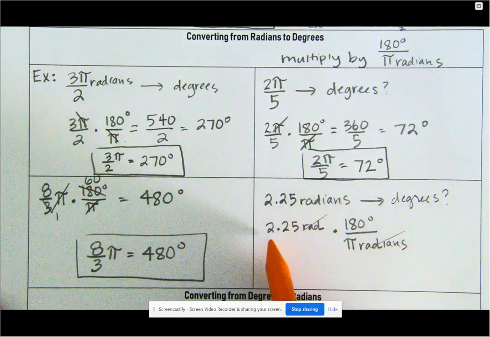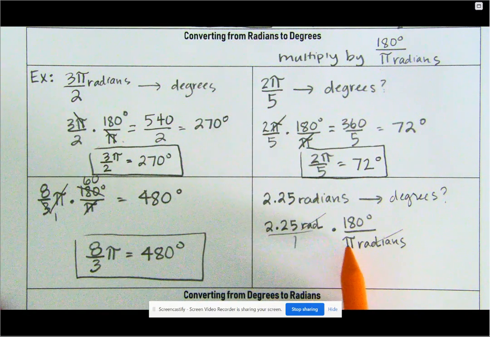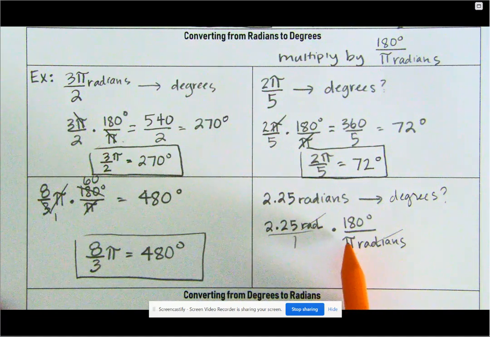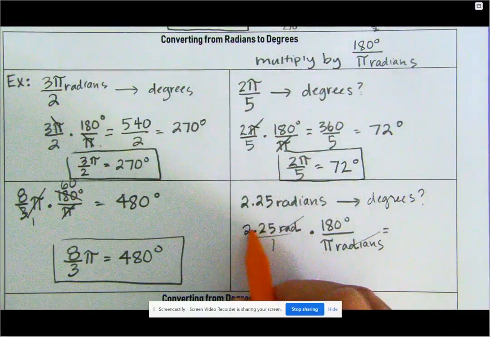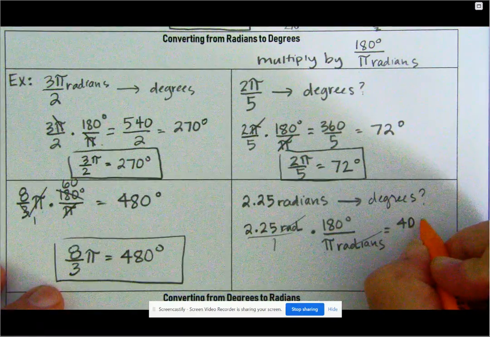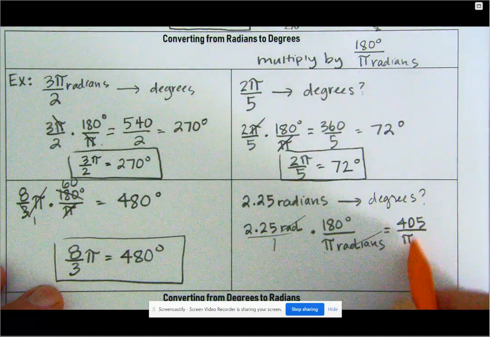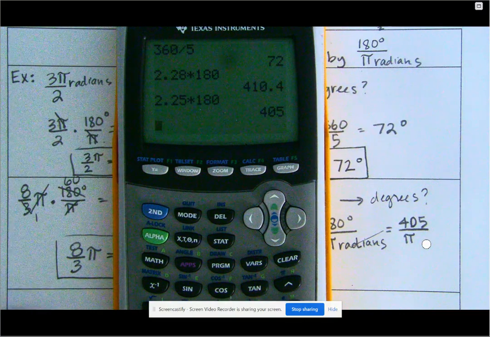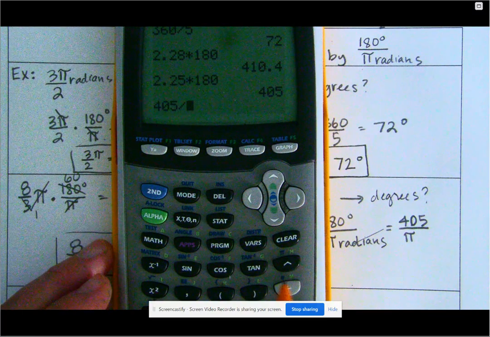So now if this is a fraction, we think of it as a fraction. We just multiply across the top and across the bottom. But because they've already multiplied out pi and we couldn't cancel it out here, we're going to either use the pi button or 3.14 as an approximation and multiply this out. So I'm going to take 2.25 times 180, 405, divided by pi. And we're not leaving it in terms of pi, we're going to divide it out. So I'm going to take 405 and divide it by, you can either use 3.14 or the pi button,